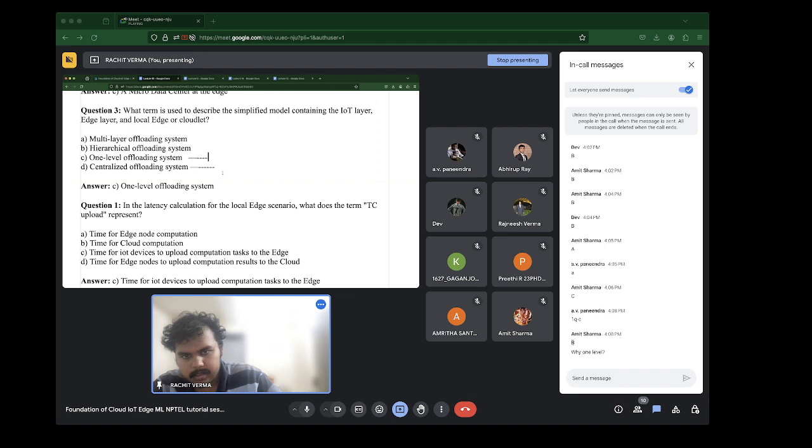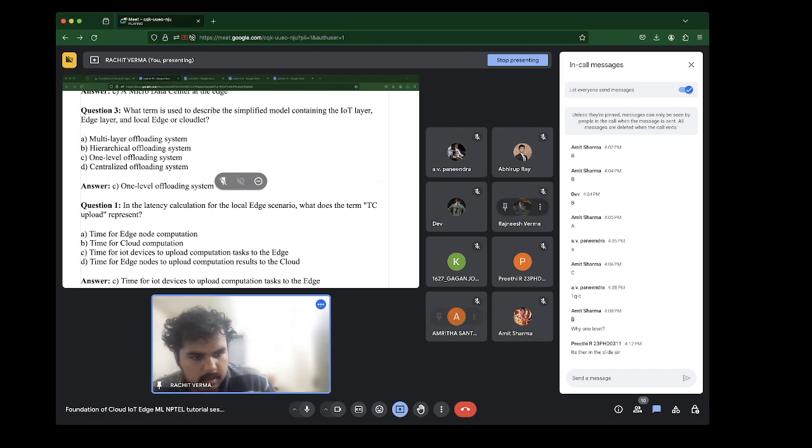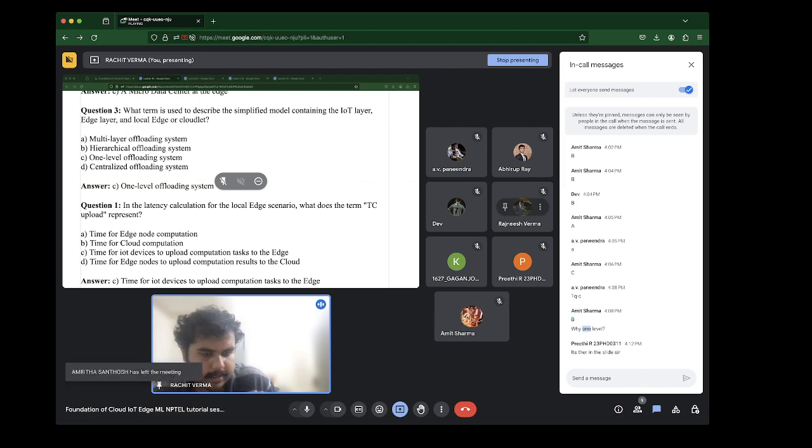This is the IoT layer, and then this is the edge layer. It's just one level, right? That is why it is the one level offloading system. Is it in the slide? Okay, I'm sorry, I couldn't find it, but you can check it.